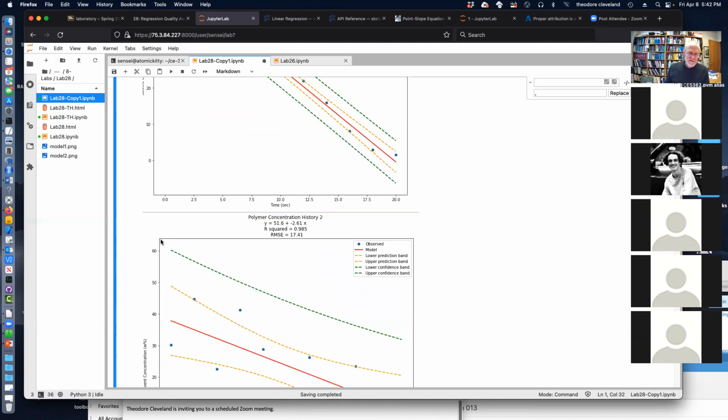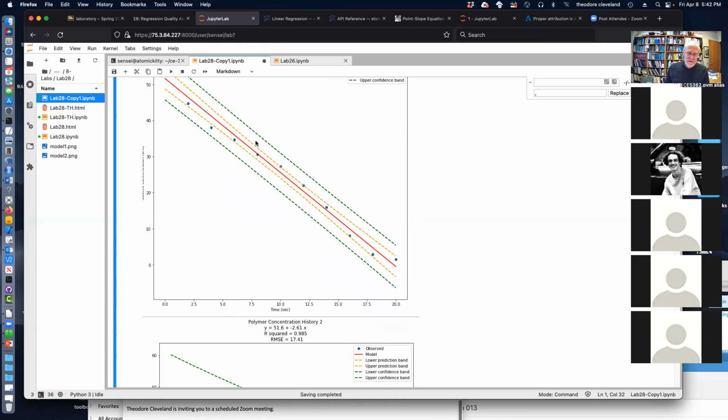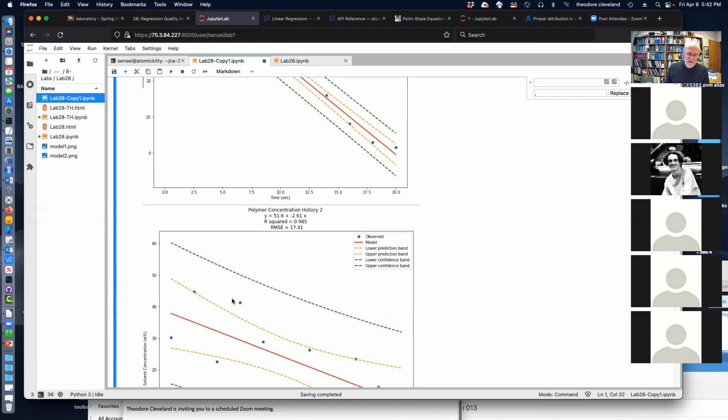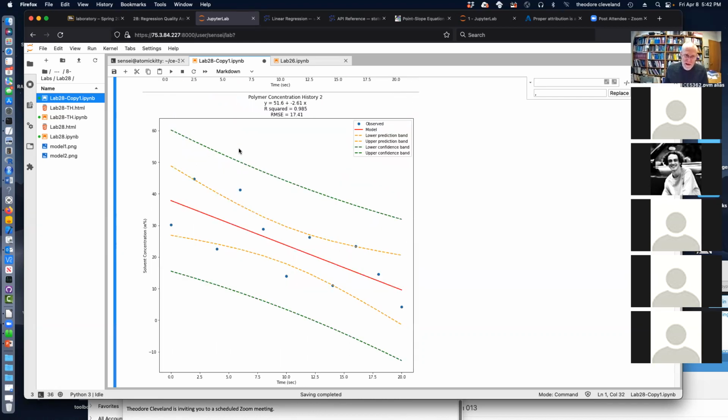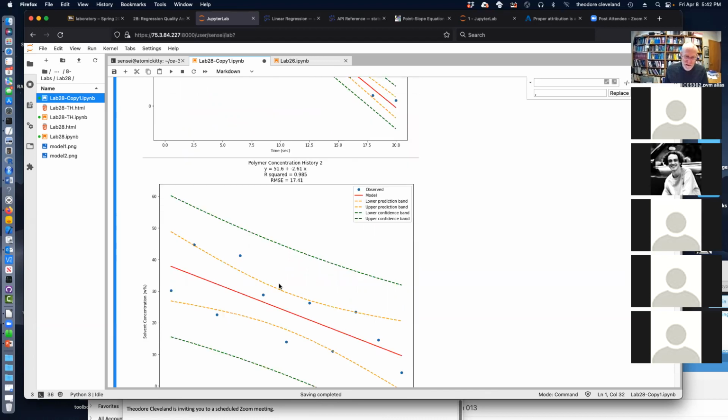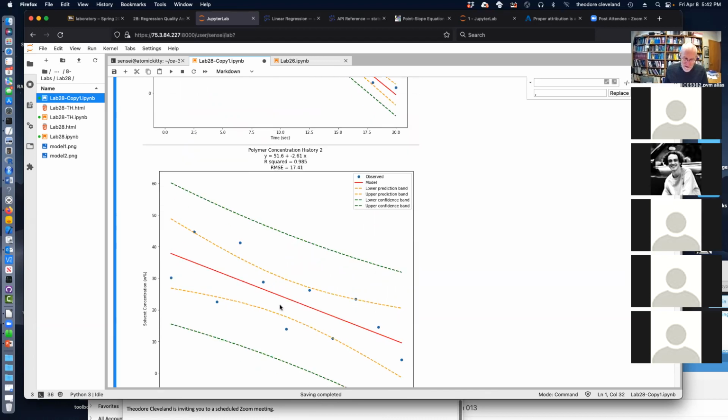And given that they're about the same scale, the prediction band is quite a bit larger in our second model, meaning its ability to predict with any degree of certainty. We have to have a much wider uncertainty band in order to be 95% confident that our prediction is contained between the band. So if these are real data, for instance, you should be very uncomfortable using model 2 unless you have something else to support